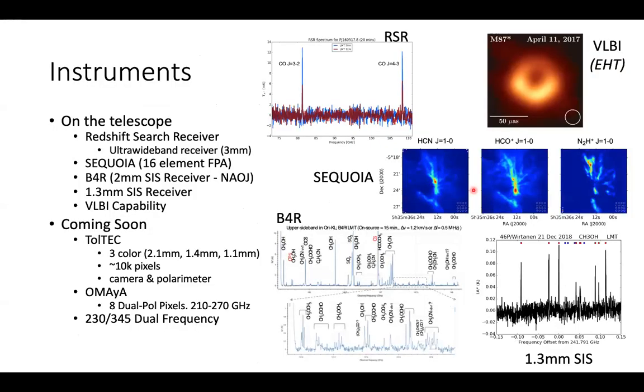The LMT is fitted out with various instruments, and I have my list over here and some examples. We have the redshift search receiver, which is an ultra wideband receiver for the 3-millimeter window. It covers the whole region from 74 to 111 gigahertz all in one shot at about 30 megahertz resolution. So it's great for looking for highly redshifted CO lines in distant galaxies. And here's an example where we're picking up the 3 to 2 and 4 to 3 CO lines in the